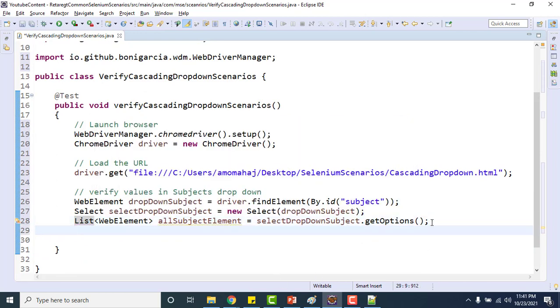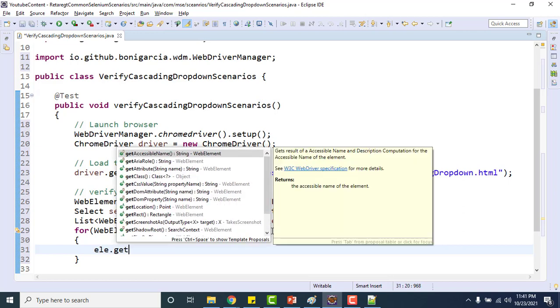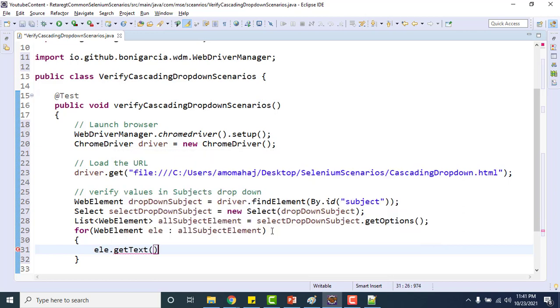Now I need to use a for loop over the WebElement, each element, because we need to extract the text, right? Then only we'll get all the drop down values. So element dot getText.